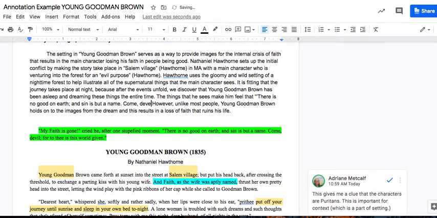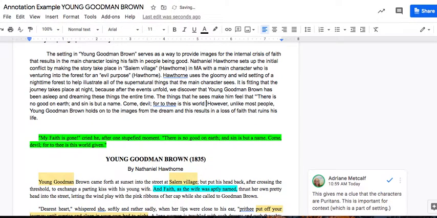Come, devil, for to thee is this world given. That is the core of that. Just covers everything that young Goodman Brown is feeling in this moment. We see I'm going to say realize that there is no good on earth, and sin is but a name. So rather than a typical nightmare,